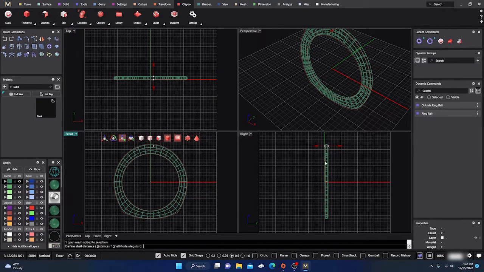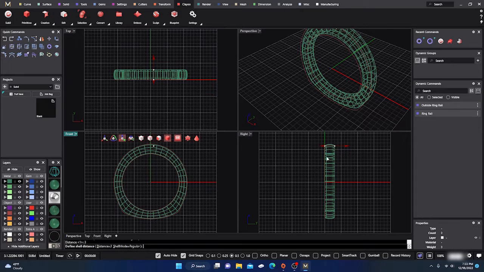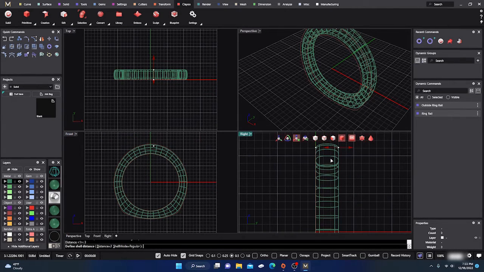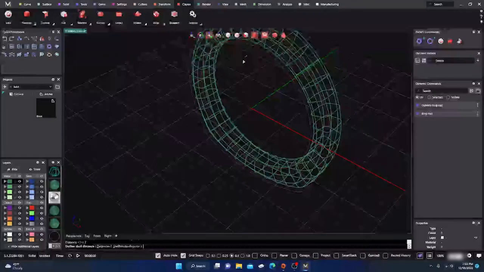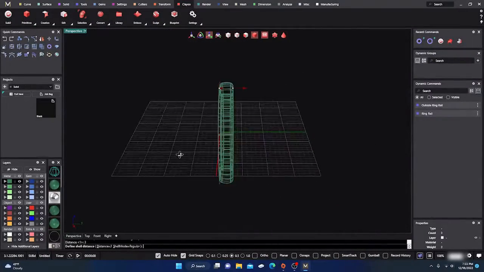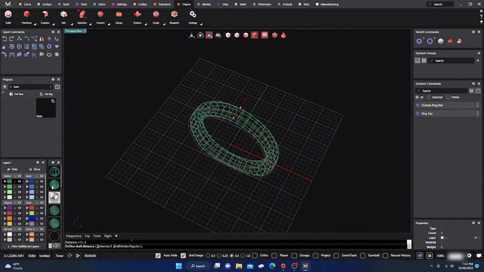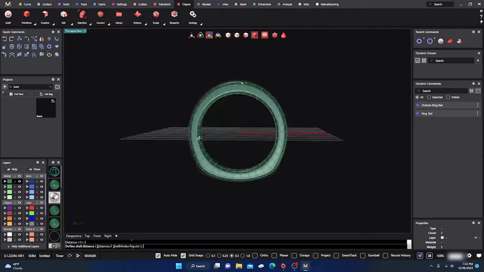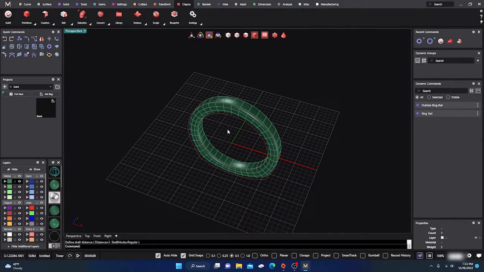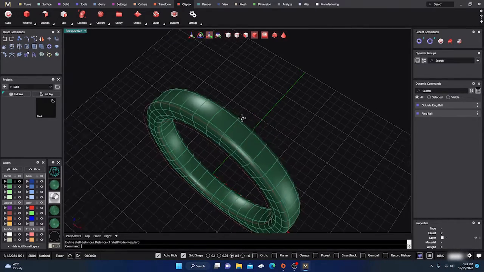Okay, so now I have depth, but I want to dictate my depth, so I'm going to go down here to distance, define shell distance. I'm going to put it on a 3 and hit enter. So now it's 3 millimeters in width-wise. So it gave me a total shell surface, right? I have a ring basically, and I'll hit enter. Now